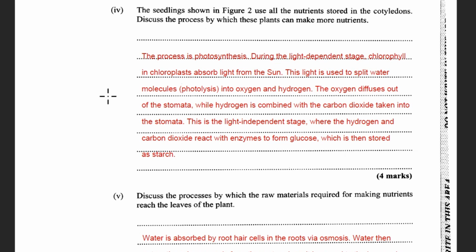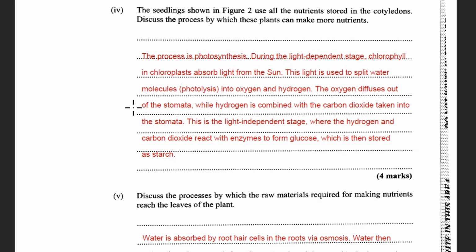So remember, water is H2O, so that gets split up into the hydrogen and the oxygen. The oxygen diffuses out of the stomata, that's actually the byproduct of photosynthesis, but hydrogen remains in there, and that would eventually combine with carbon dioxide with the use of enzymes such as Rubisco. We will combine with the carbon dioxide